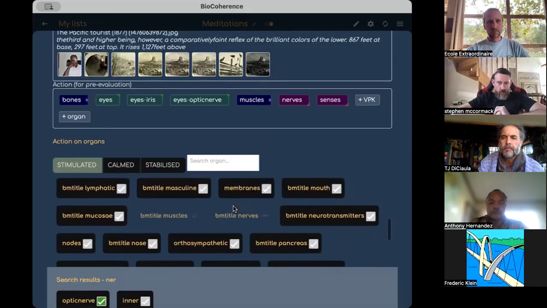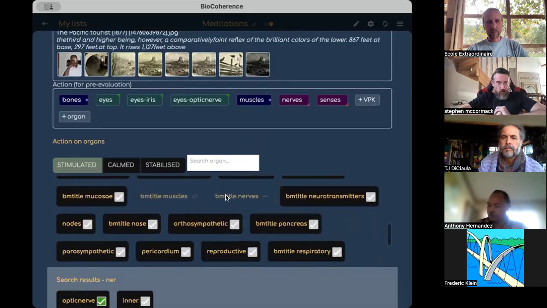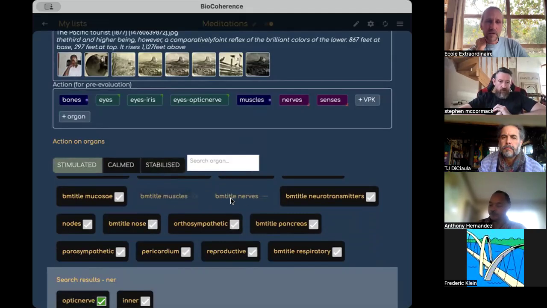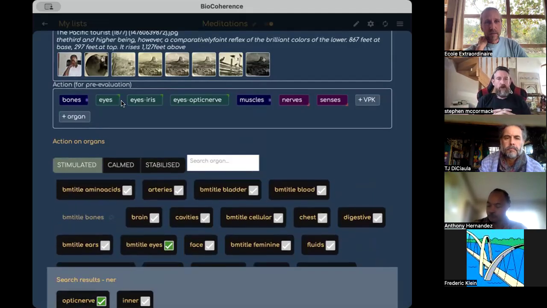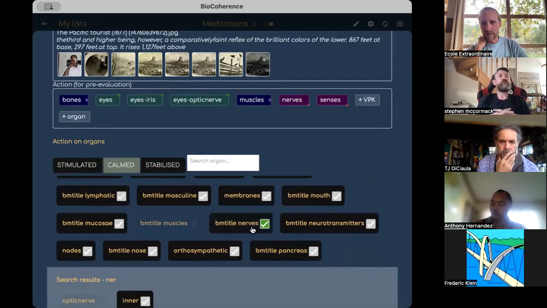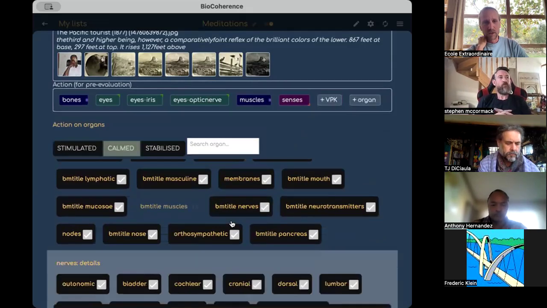Lungs. It's already selected. That's why it's stabilized. So okay, this is interesting. The nerves are here, but it's actually already into the actions. And I'm currently looking for a stimulation on something. So I cannot choose nerve because there is a minus here, which means it will lower the action of nerve. So if I really want to work on nerves, I have to go to calendar, and now I can choose it. Okay, so if I click on it,